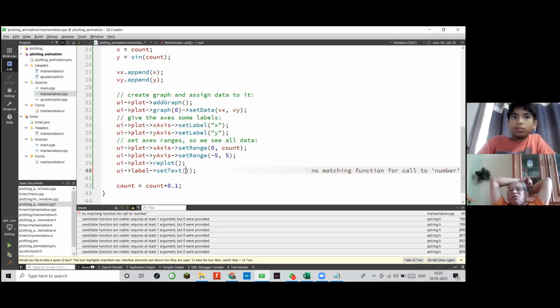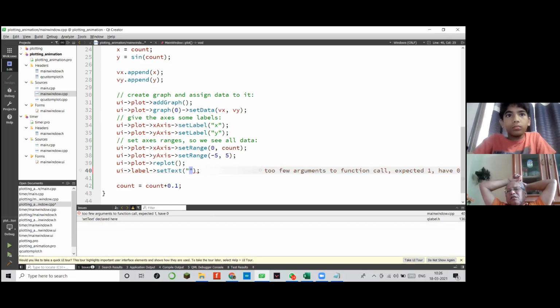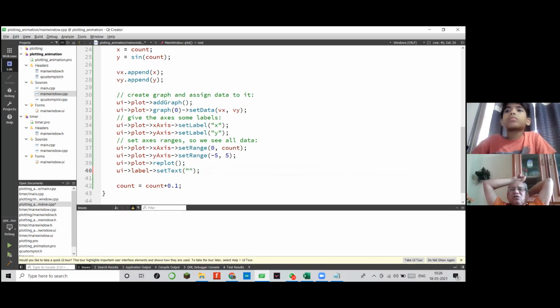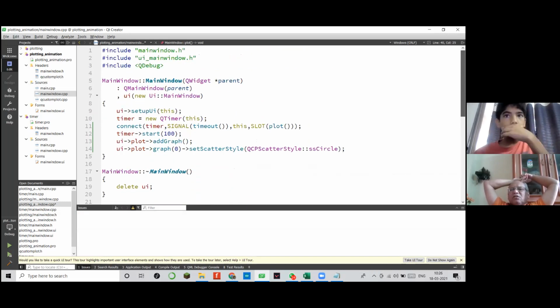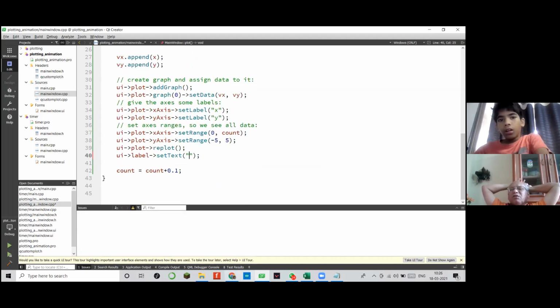So when your app starts plotting, the first point it plots, what is the time, that time is to be displayed. That is not depending on your count. That is the start of the first point. And then when you plot the last point, what is the time and what is the interval or time taken to plot this last point. It can be 3 seconds or 4 seconds, but it is not related to your count, it is the actual time.